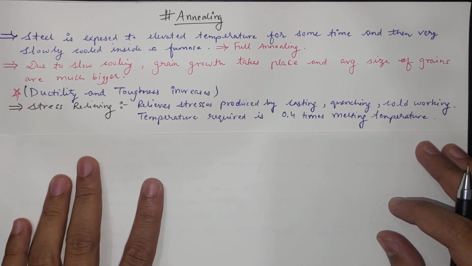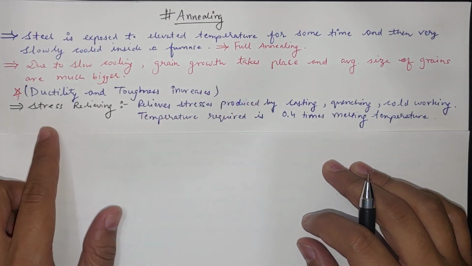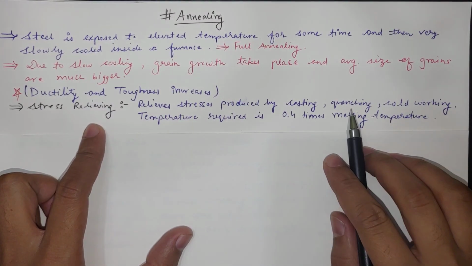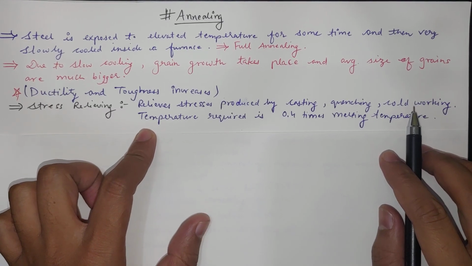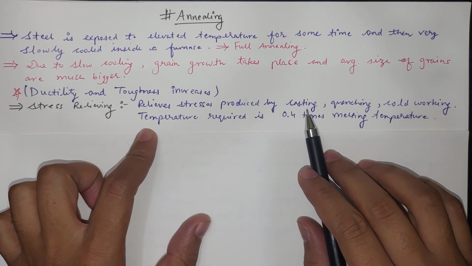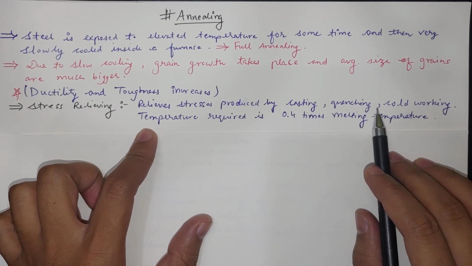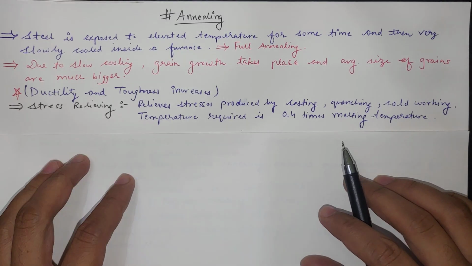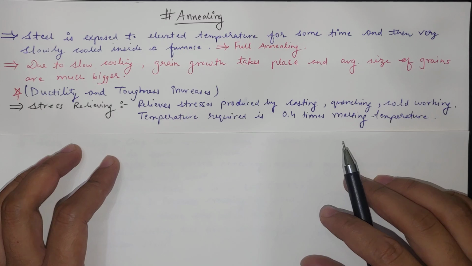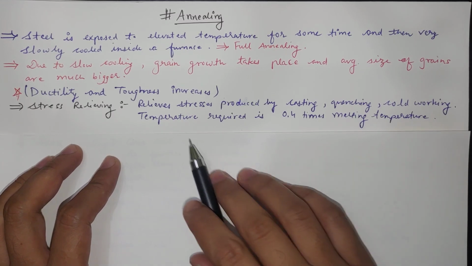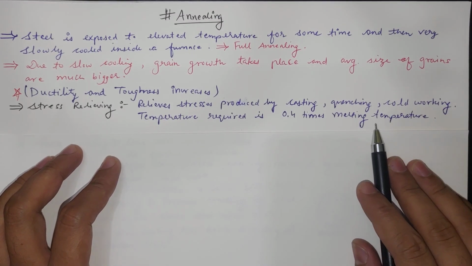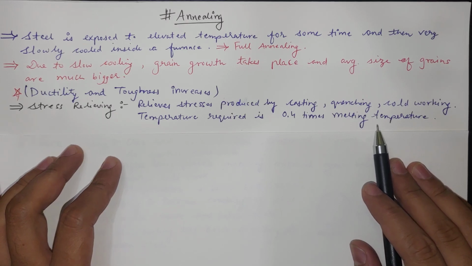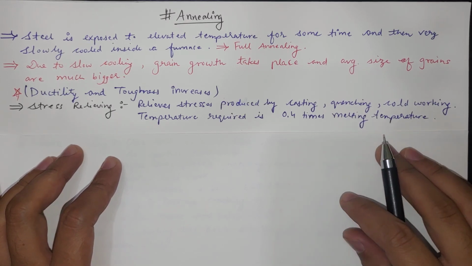The second category after full annealing is stress relieving. In this, stresses produced by casting, quenching and cold working are removed. When we have such processes, quenching, casting and cold working, internal stresses develop inside the materials. So after heating it and then cooling it inside the furnace at a temperature of about 0.4 times the melting temperature of the material, the grain growth again takes place and the stresses which are inbuilt inside